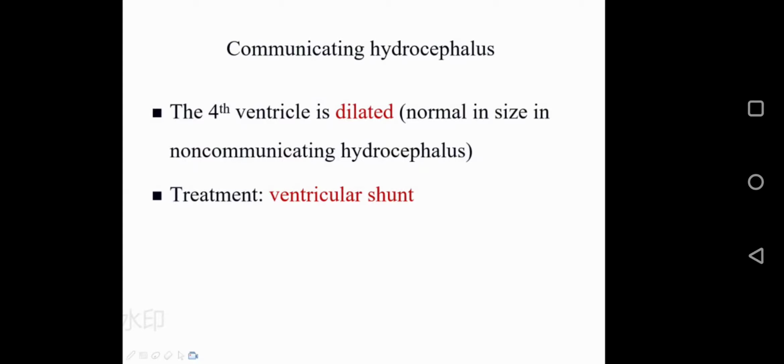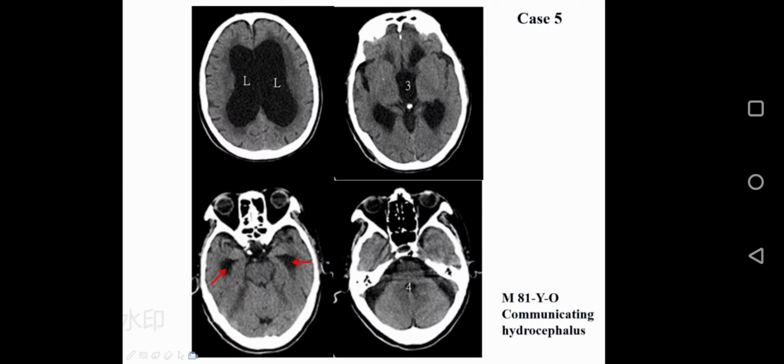For the diagnosis of communicating hydrocephalus, we need to rule out the obstructive factors. It means that we cannot find any obstructive lesions within the brain. Non-communicating hydrocephalus is usually caused by tumors, cysts, or other physical obstructive lesions. Also, congenital hydrocephalus is often produced by a blockage between the third and fourth ventricles at the level of the aqueduct. When the obstruction is caused by a tumor, it usually needs to be treated by surgery to remove